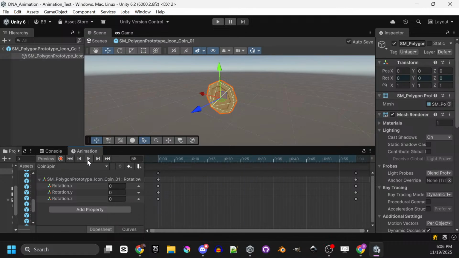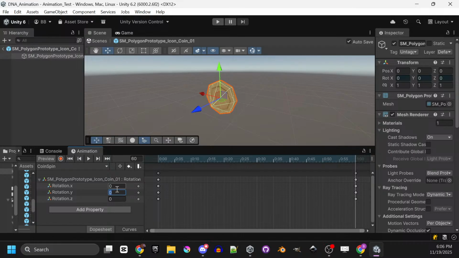Now let's look at this a little bit more closely too. You see we can play the animation clip by using this. We can use this button to go to the previous keyframe. In this case, it goes to the beginning. We can use this button to go to the next keyframe, which is the one at the very end. So what we want to do is we're going to start here at a rotation of 0. If we go to the keyframe at the end, we want to rotate in Y all the way around, which